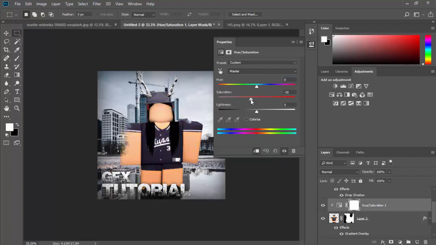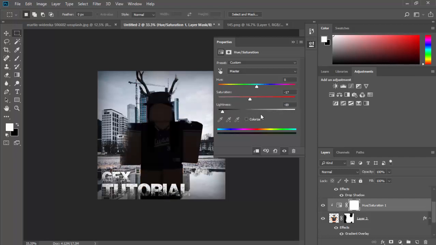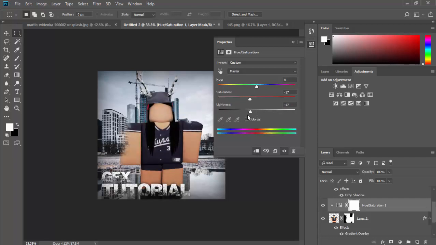Alright, so I'm just going to lower the saturation until it sort of matches the background. It's going to look more black and white. If you think that the background is much brighter, you can use this. I do strongly recommend not doing it unless it's a minor adjustment, like maybe that, or that, or something. Maybe like that. But it makes it look very foggy and cloudy, and this looks much more high definition